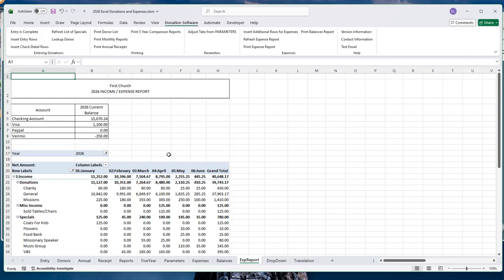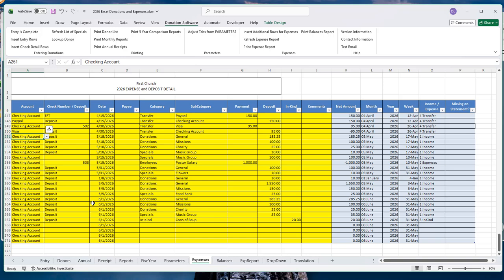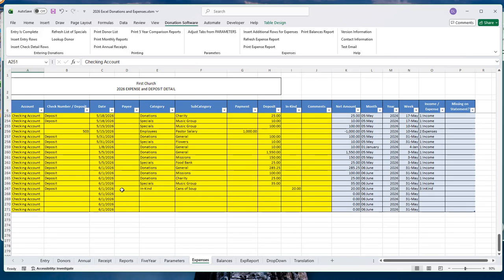All right, let's dive in a little bit further and take a look at the expense register. As I said, it's set up like a checking account register where the deposits are entered, and you have the option to do that automatically. Within the software, I've given you lots of parameters, as I call them, the way that you adjust the software to work according to the way you need it to. And so if we look at the parameters,